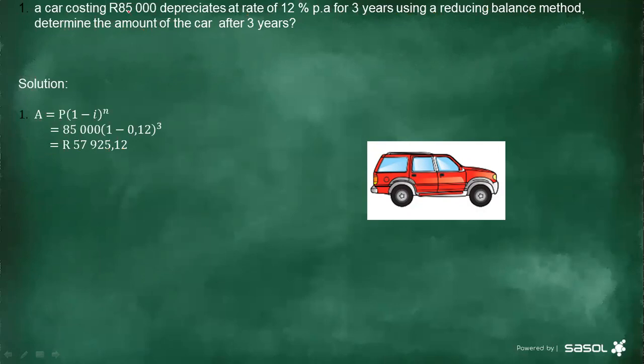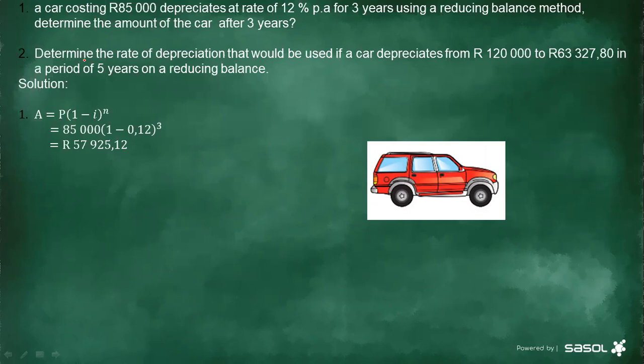Now from 85,000, after 3 years, how much will this car cost? 57,925 rand 12 cents. So it depreciates. All right. Let's see. Now determine the rate of depreciation that will be used if a car depreciates from